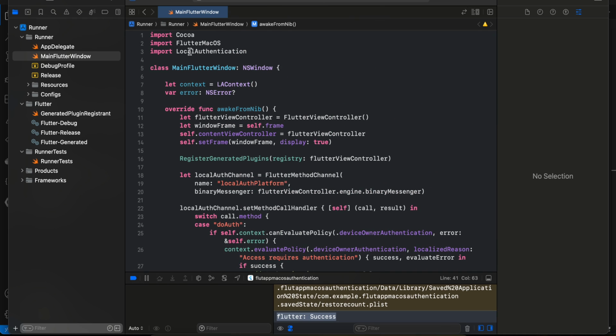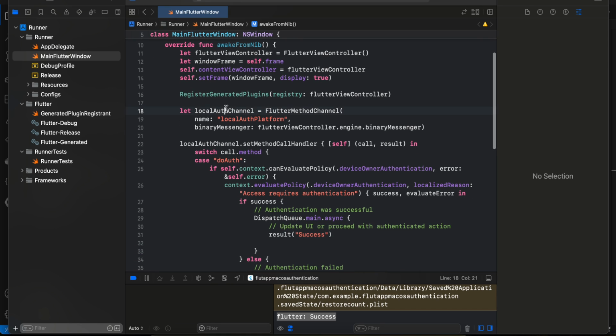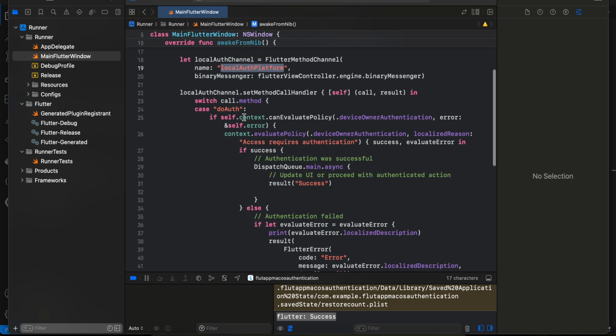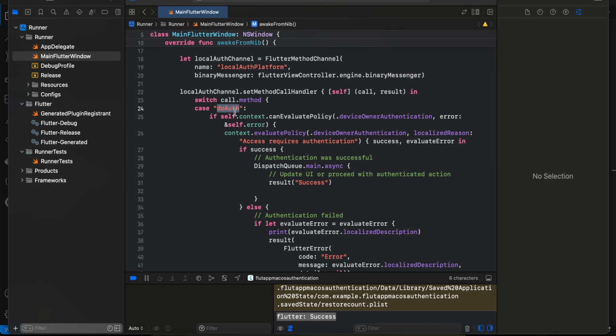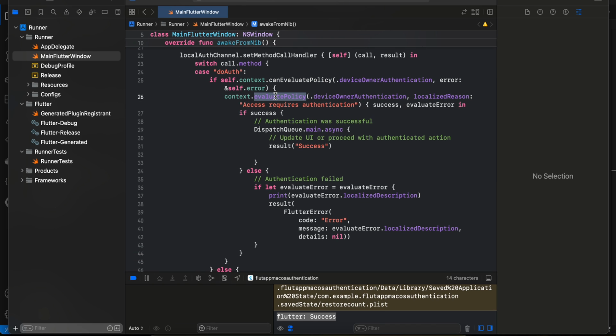Next, here I have imported, firstly, LocalAuthentication. Then inside MainFlutterWindow I have created an LAContext as well as an NSError, and then we are first registering our method channel using the same identifier of local auth platform, and here we are calling the doAuth method. So if context.canEvaluatePolicy deviceOwnerAuthentication, we just do context.evaluatePolicy, and if it is